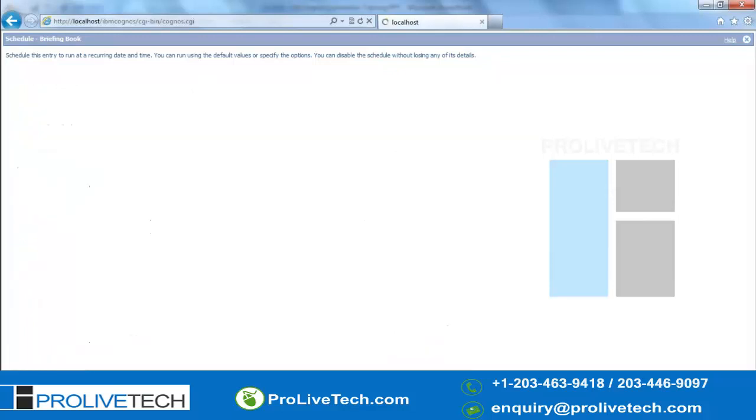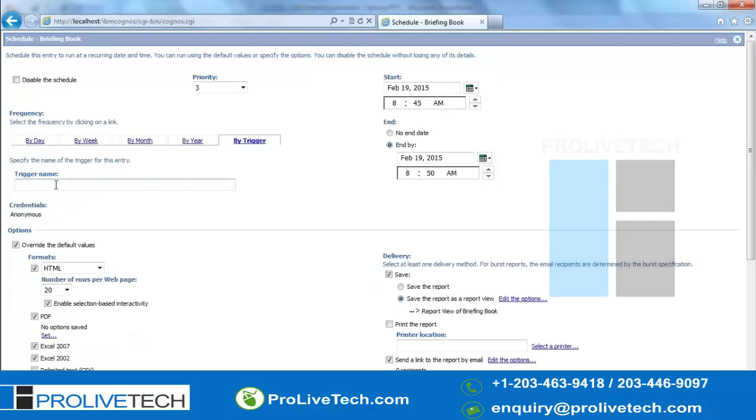By trigger means you have to create a trigger in a trigger.bat file, wherein the requirement would be, for example, for the report the data should be updated. Every day the data will get loaded in the production environment. So as soon as ETL loads the data from source to target, once that is complete, then only the report has to run. In those conditions, they can use this trigger concept.